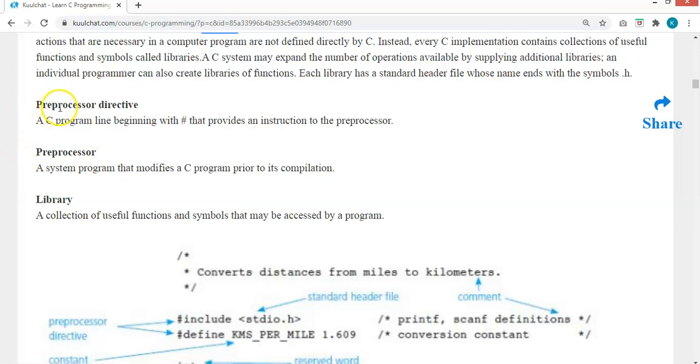So we have the preprocessor directive. A C program line that begins with the hashtag provides an instruction to the preprocessor. So that's the preprocessor directive, which has the hashtag. Okay, so it provides instruction to the preprocessor. And the preprocessor is a system program that modifies a C program prior to its compilation. So before the program will be compiled,